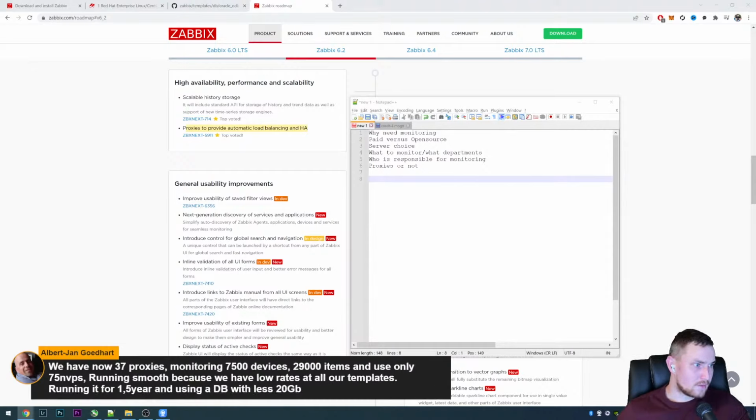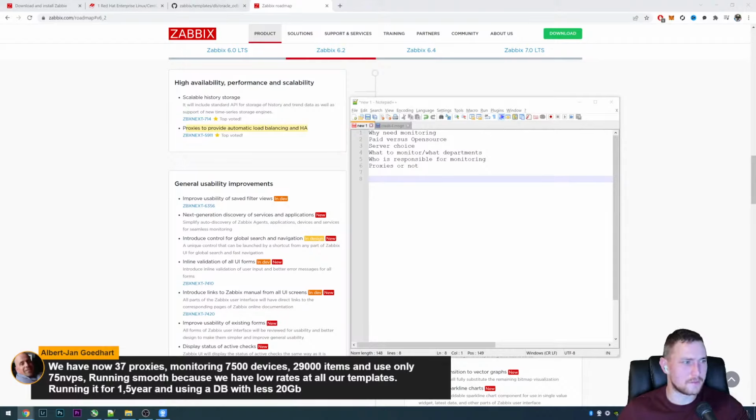We now have 37 proxies monitoring 7.5 thousand devices, 29,000 items, and use only 75 new values per second. Are you sure? I don't know what the average update interval could be if you're having 75 new values per second with 29,000 items.